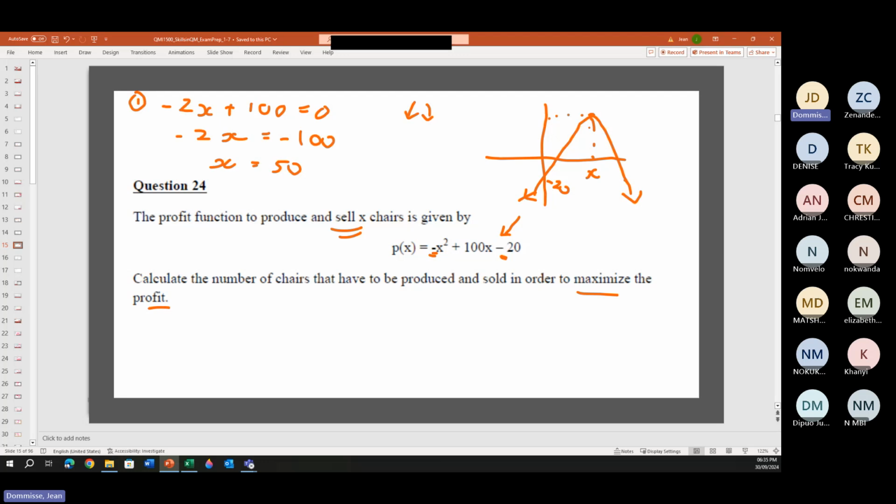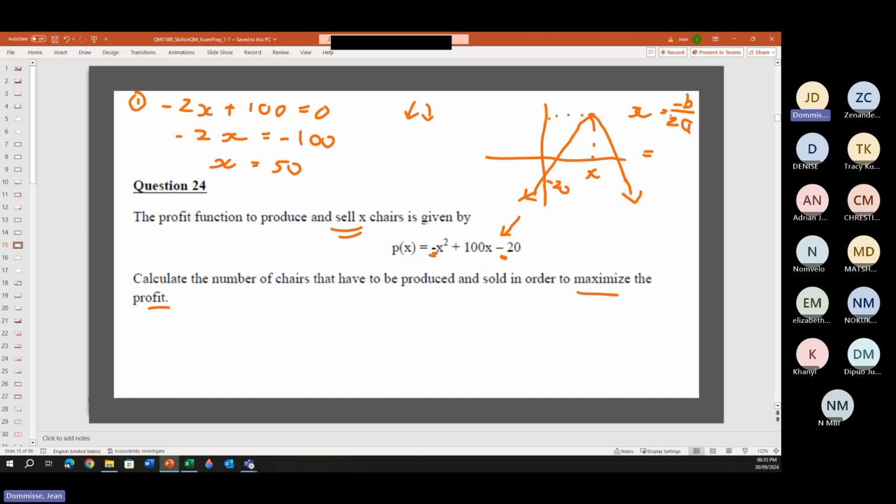But we could have done it also by just looking at that turning point. That is where it will be the maximum. And to work out the x of the turning point,